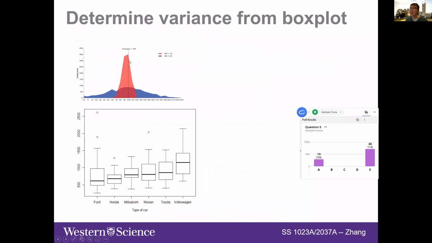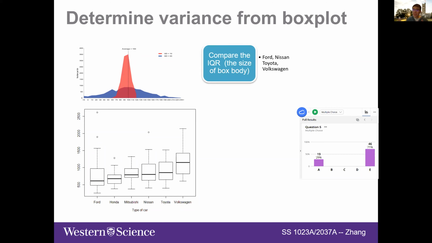So remember, according to a histogram, to tell whether it's a large variance or small variance, we basically look at how clustered our data set is, right? If we say we have a blue region, then we see that we have a lot of unexpectedly large values and unexpectedly small values. So basically, the blue region is more spread out. On the other hand, the red region is more clustered. So that's why we believe the blue region has much more standard error than the red one. And similarly, for the box plot,